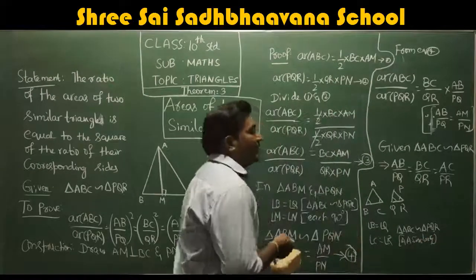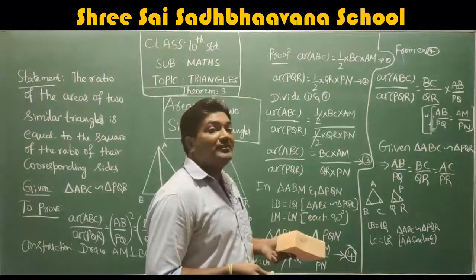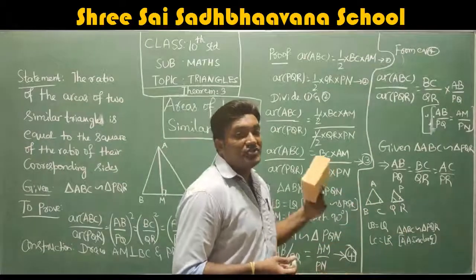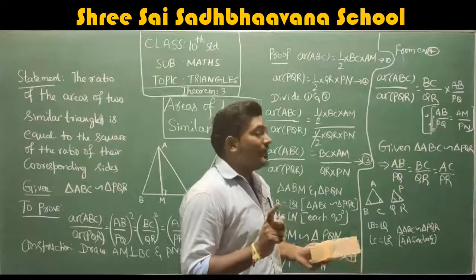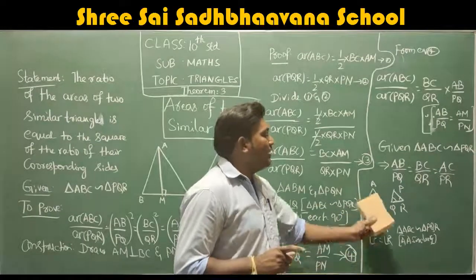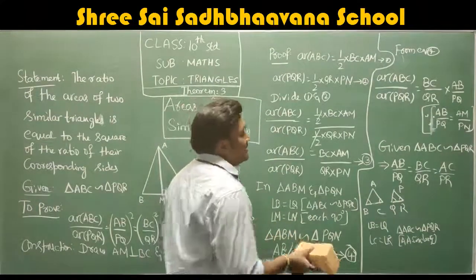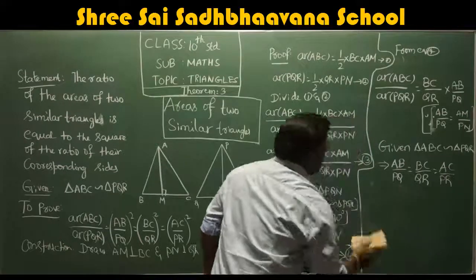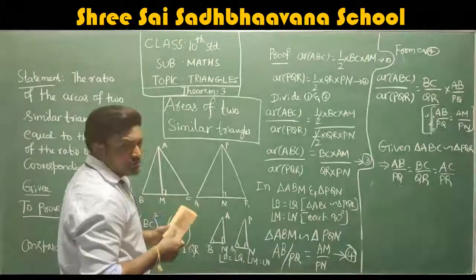You might have studied congruency, right? SAS congruency, SSS congruency. Like that, this is one of the similarity rules. We are not even checking whether the corresponding sides are proportional or not. We are just taking only two angles. For example, angle B and angle Q are equal, angle C and angle R are equal, so corresponding angles are equal. So we can say that by using AA similarity, triangle ABC is similar to triangle PQR. This is the similarity criterion which you should know. I hope you understood this.